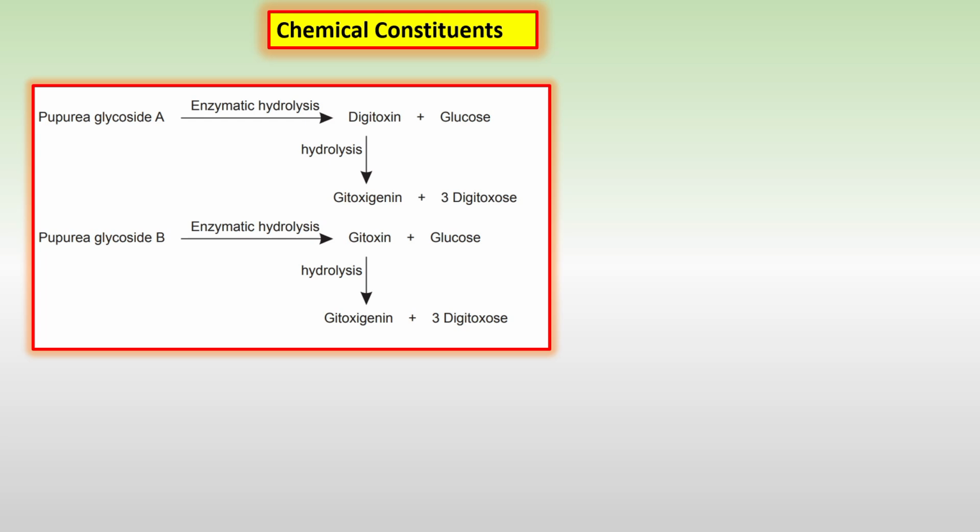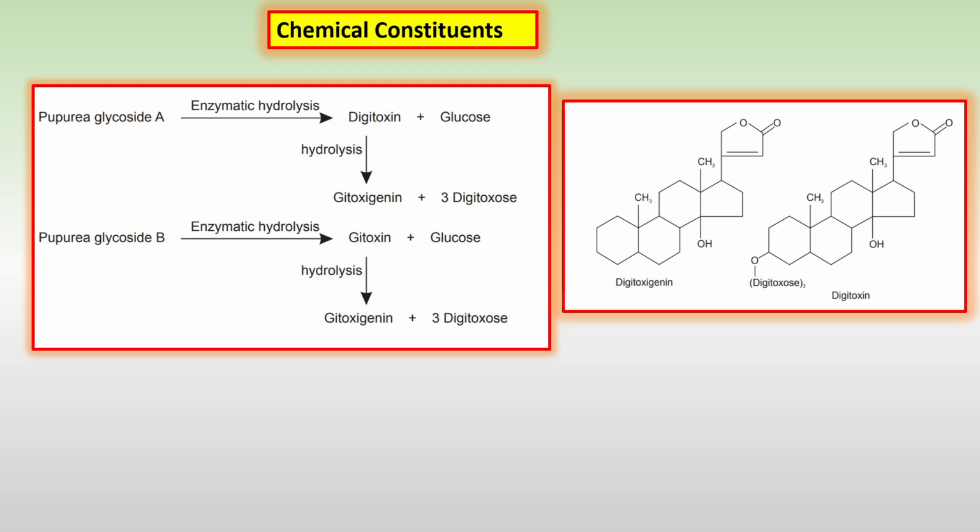As they are glycosides, when hydrolyzed you are getting a carbohydrate moiety, or a glycon moiety, and an aglycon moiety. Gitoxin again on hydrolysis gives digitoxigenin plus 3 digitoxose. You can see the structure. Digitoxigenin has a steroidal ring structure with a 5-membered lactone ring, which is the main structure which will be seen in